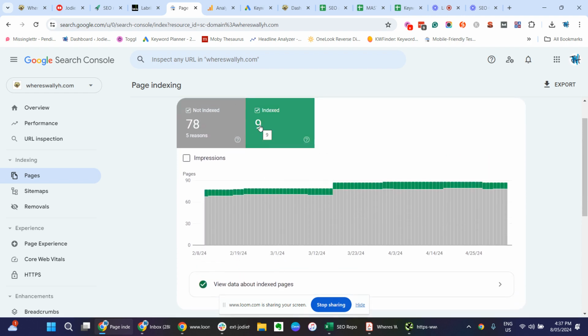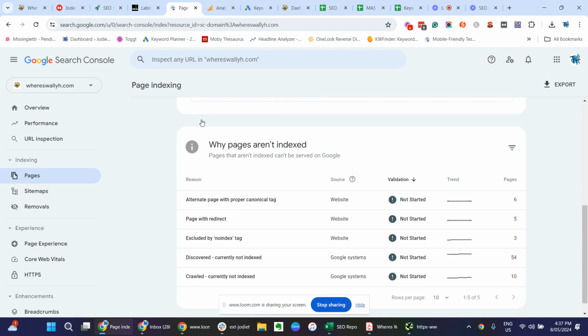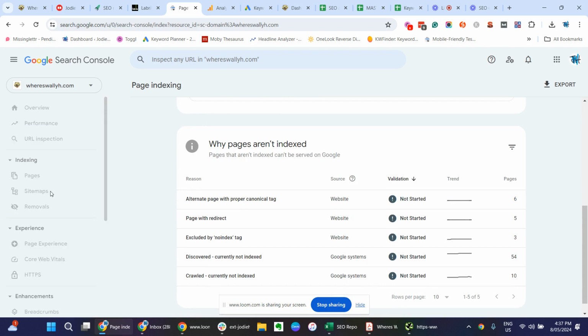Like 9 sounds about right. That's how many pages I actually want them to index. Yes, there's 70. There might be 78 pages not indexed, but they're likely pages I don't actually want Google to look at. Sitemaps,